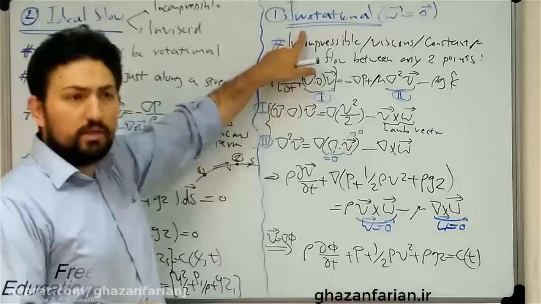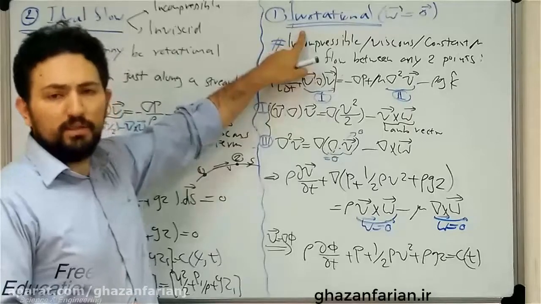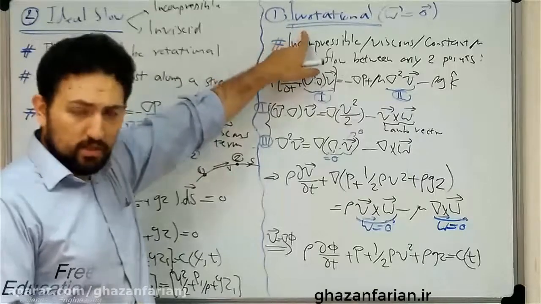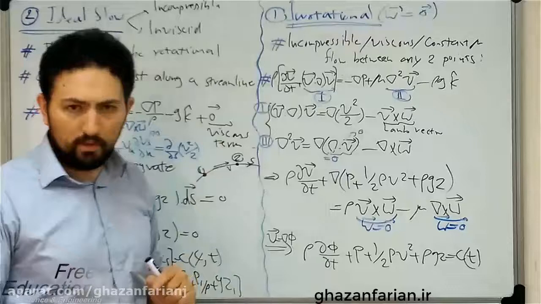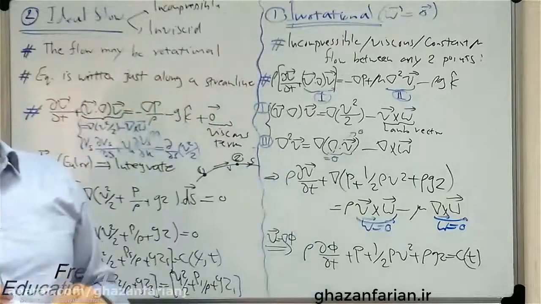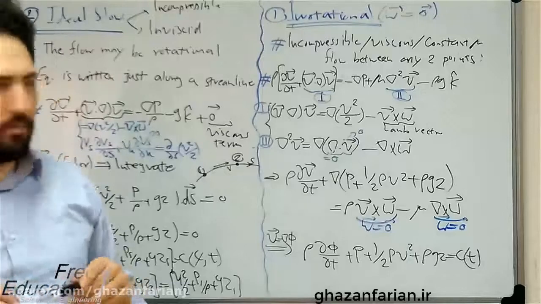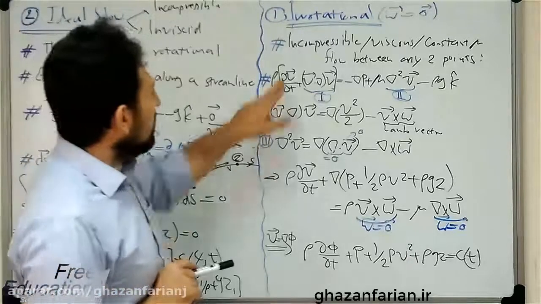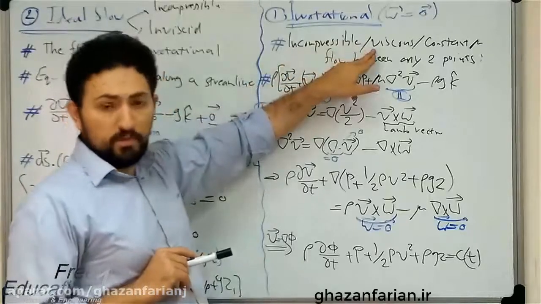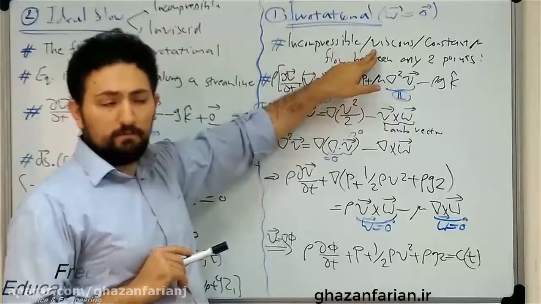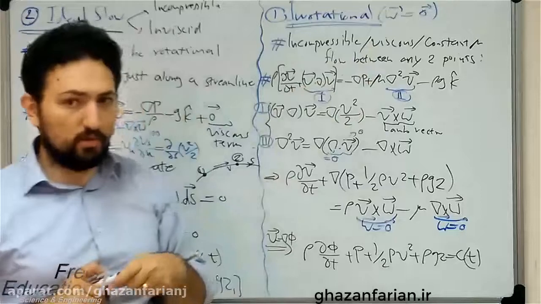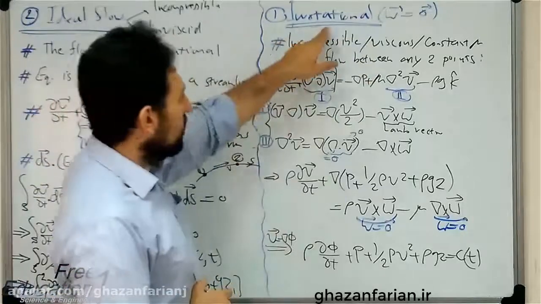irrotational flows. Irrotationality is related to the vorticity vector. When I say the flow is irrotational, it means that the curl of the velocity, or the vorticity vector, is 0, or the velocity field is curl-free. And also the flow is incompressible, but the flow can be viscous. It's important to be aware that Bernoulli's equation can be written for viscous flows when the flow is irrotational